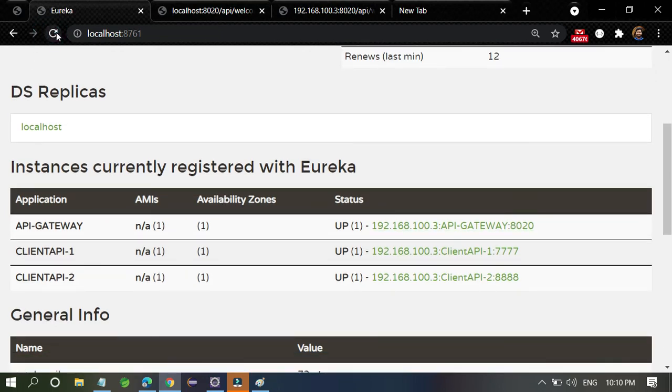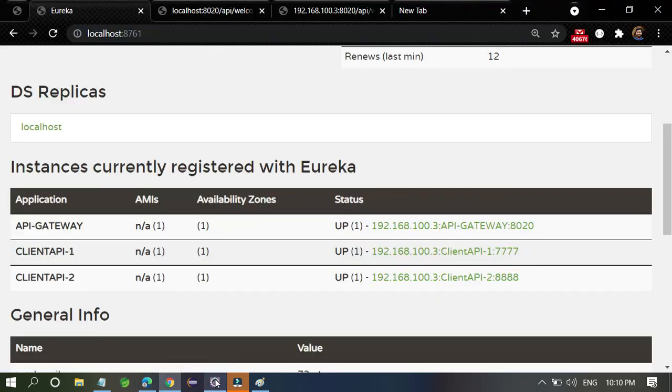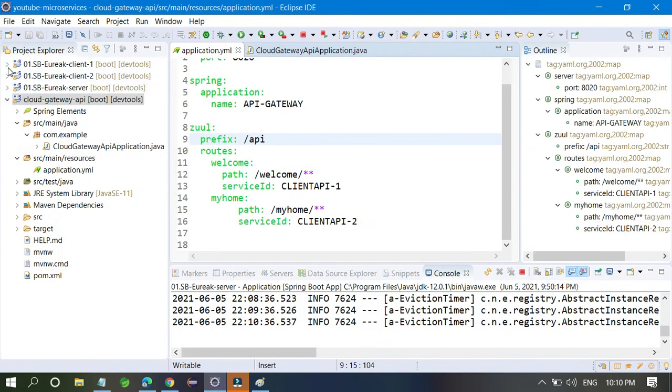Okay, API gateway, this is the Zuul proxy, and it also maintains our API welcome client 1. Okay, client 1. So just see if it's fine or not.